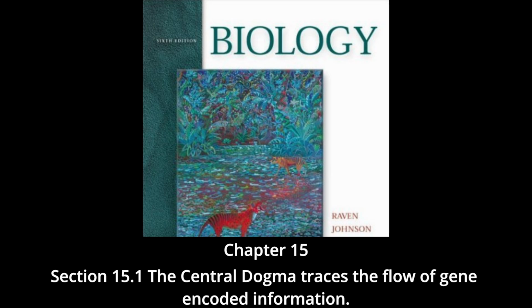Translation, an overview. The second step of the central dogma is the transfer of information from RNA to protein, which occurs when the information contained in the mRNA transcript is used to direct the sequence of amino acids during the synthesis of polypeptides by ribosomes. This process is called translation because the nucleotide sequence of the mRNA transcript is translated into an amino acid sequence